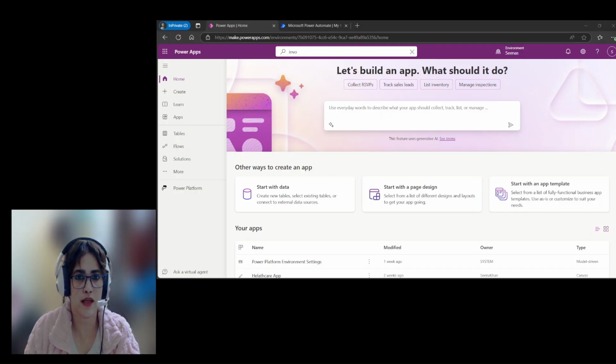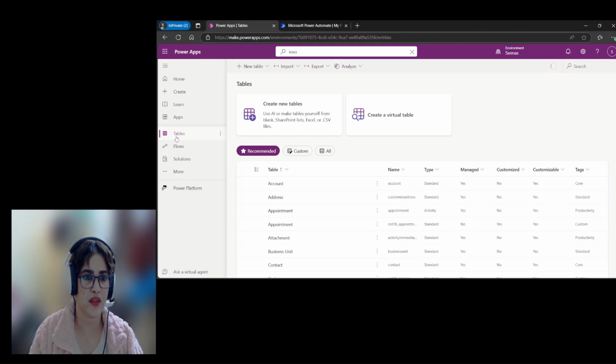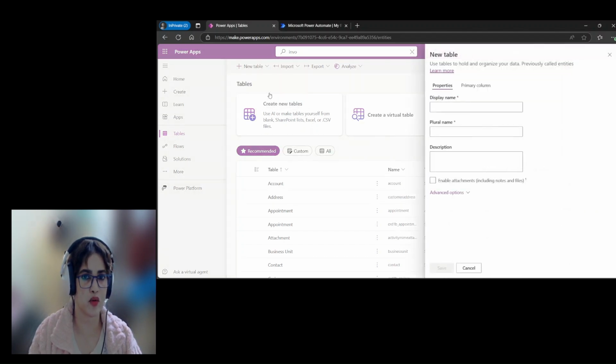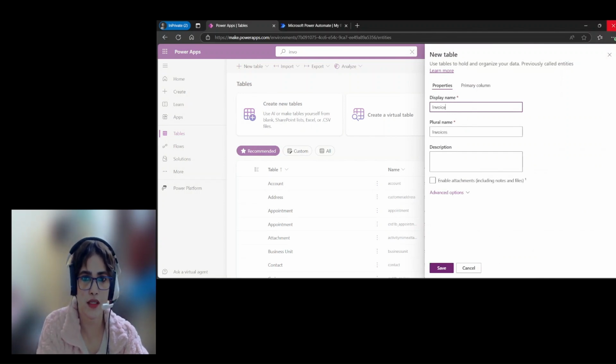Okay, let's start with our practical session. I have logged in already into my Power Apps portal and I have selected my development environment. Firstly, I'm going to create a Dataverse table which will store the data which is extracted from the invoice. So for that, click on Tables and here click on the New table drop down and from here Table advanced properties, and here I'm going to create a table named invoice